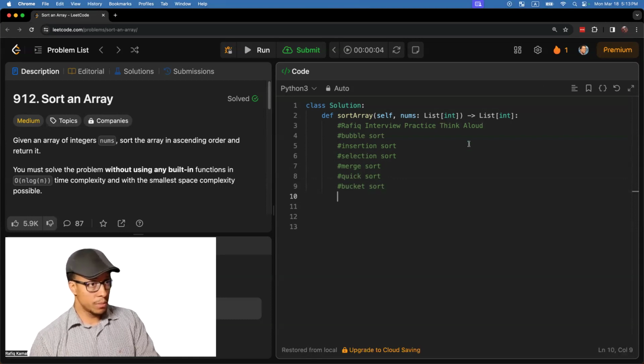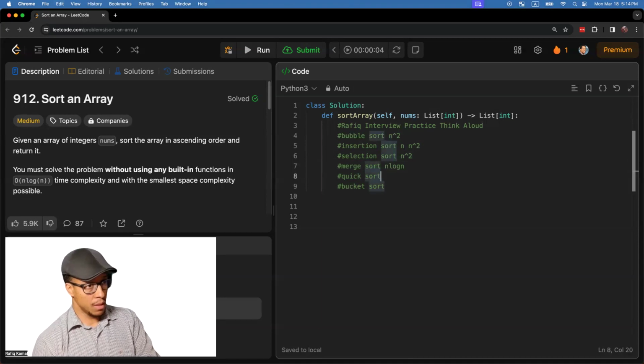And then I will go over some of the trade-offs with these. A lot of these are not very efficient. For example, bubble sort is n squared, and selection sort and insertion sort are also n squared. However, with insertion sort, when the input is mostly sorted, this is actually O(n). So the best case scenario is O(n), but the worst case, or I think average case, is n squared. Merge sort, we get to n log n, as well as n log n for quick